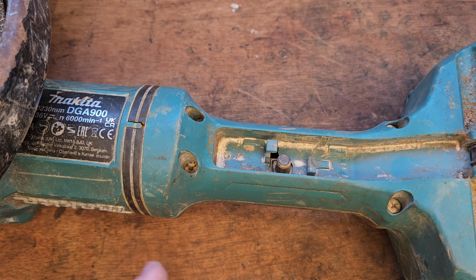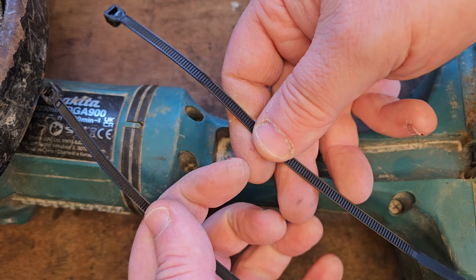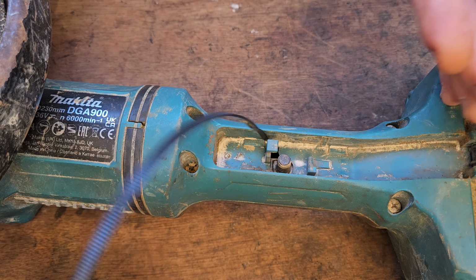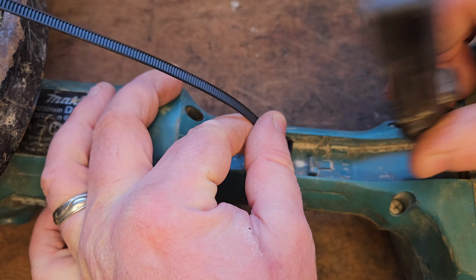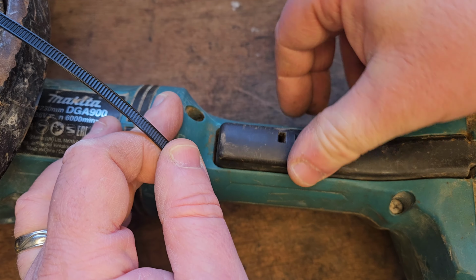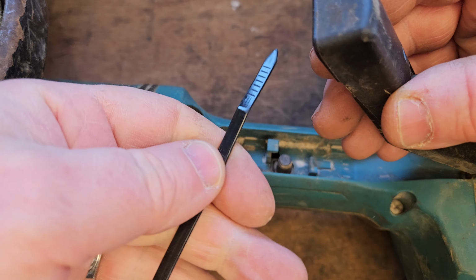So I have a plan, and the plan involves these 2 things here. We call them cable ties, in the USA they call them zip ties. So the plan is as follows. We need something to stop the lever coming back, but still allowing the movement so it actually can engage the switch. So what I'm going to do is feed, there's a little slot here, I'm going to feed this tie through here,